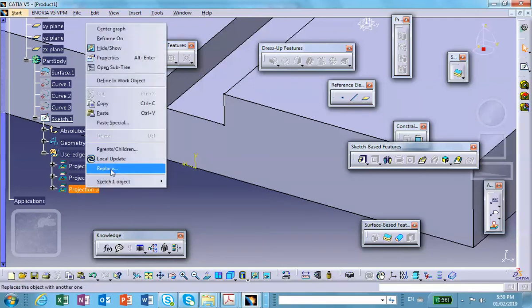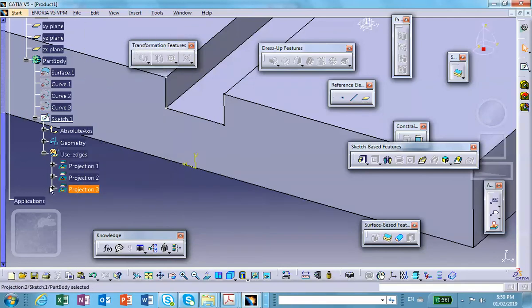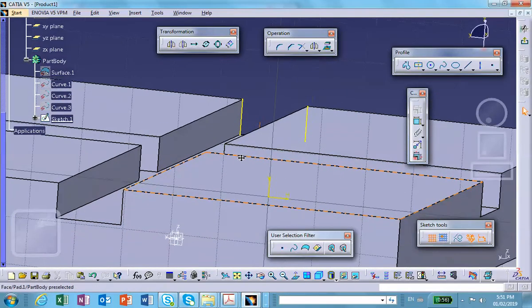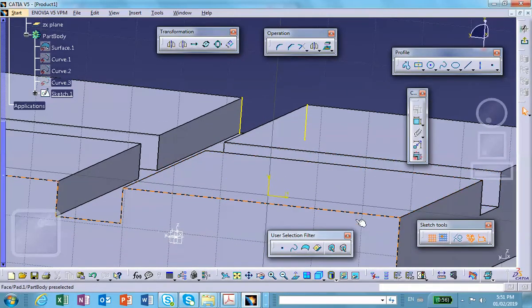Yeah, it doesn't look like it. Let's go ahead and see what we can do. We're going to go to that sketch. There we are. Okay, so perhaps the best way of doing this is to